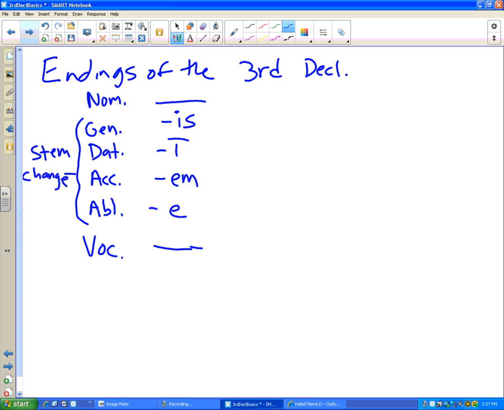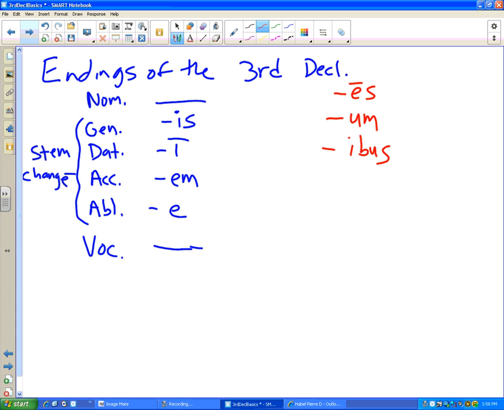A word like homo, meaning person or man or dude, or miles, meaning soldier, you will often see in the vocative. Okay. Over here, I'll use a different color for plural endings. They're still nominative, but now plural. The endings are going to be long es,